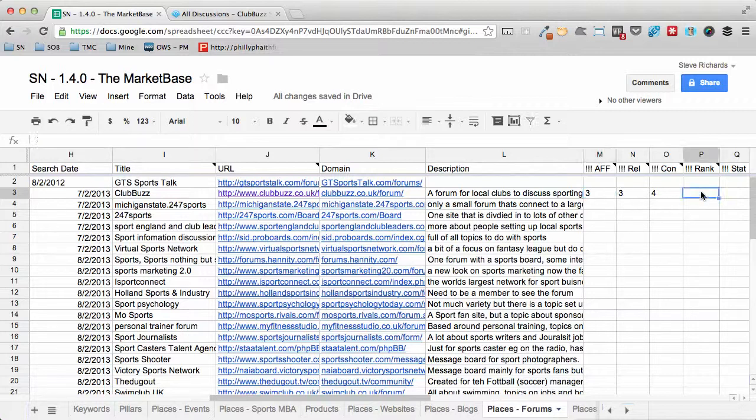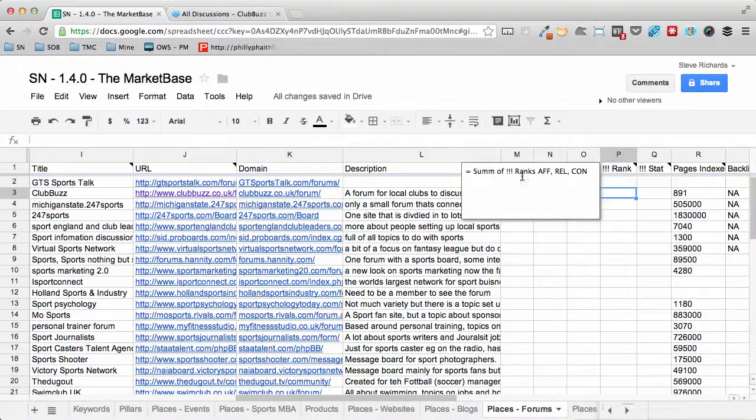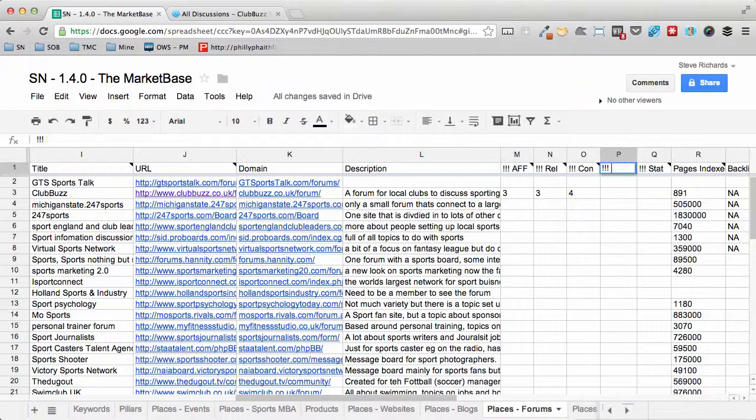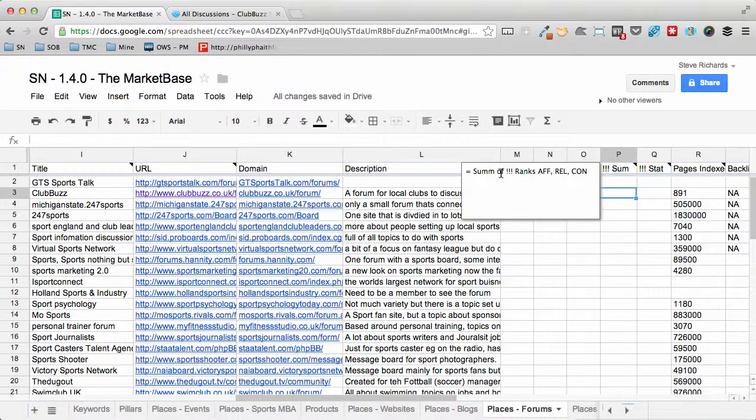And the last one here is going to be this rank column, which is the sum of the ranks for affinity, relationship, and connectivity, which we just did. And I'm actually going to change this. This should be sum, not rank. So that's obviously titled the sum because it's the sum of the ranks of the affinity, relationship, and connectivity columns. And we actually create this as an